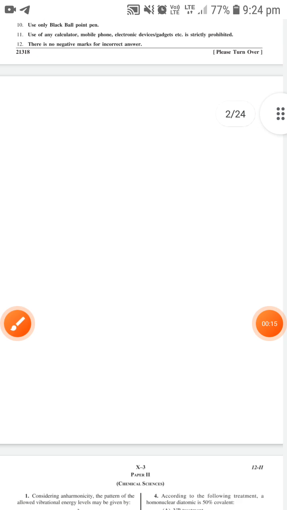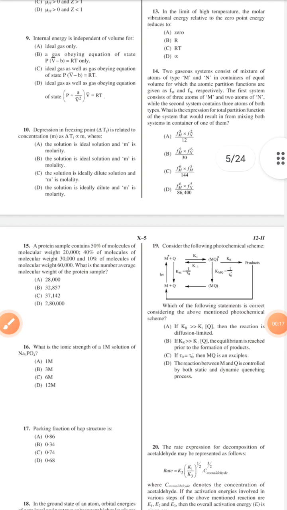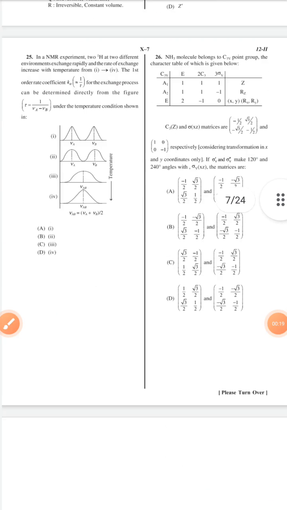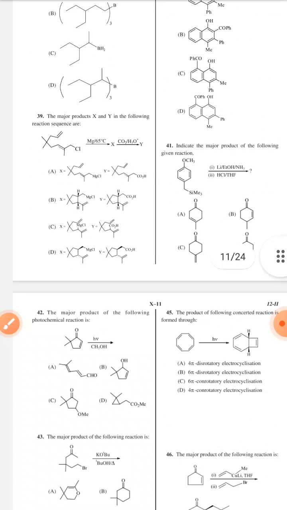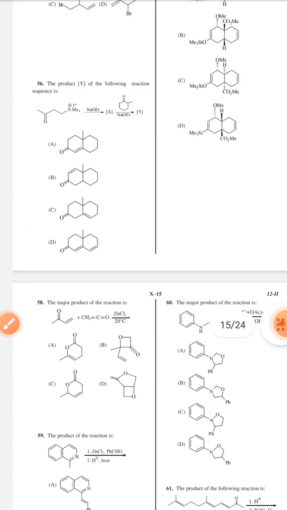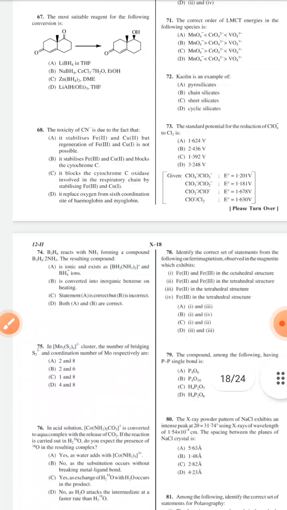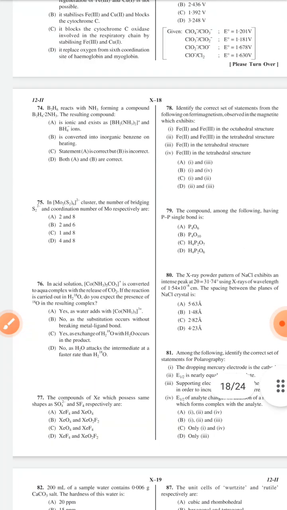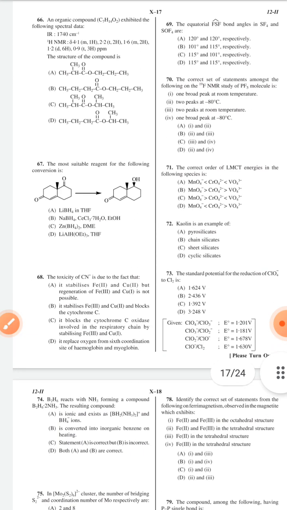Here we are discussing all the inorganic questions. There are 32 questions, from 68 to 100. Okay. Now the first question: the toxicity of CN- is due to the fact that